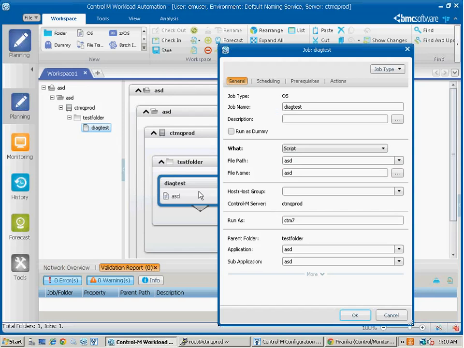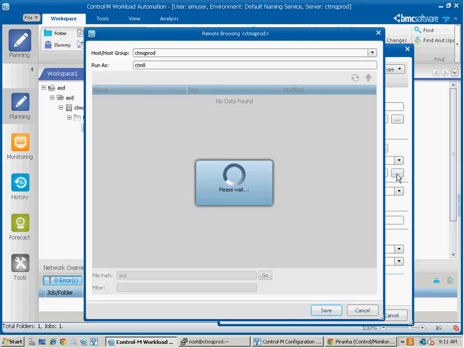This is the remote browsing. So the remote browsing will actually go to the Control-M agent, or in the case of the Control-M for z/OS, it'll go into your memlib and browse for members. I'm going to show you how this works. I'm going to change the run as owner. I'm going to populate the host name. It would have defaulted to the Control-M server name, but I'm plugging it in anyway just to be specific. And then you see the ellipses here by the file name, and the tooltip is Browse Remote Host for Files. So I'm going to click this,